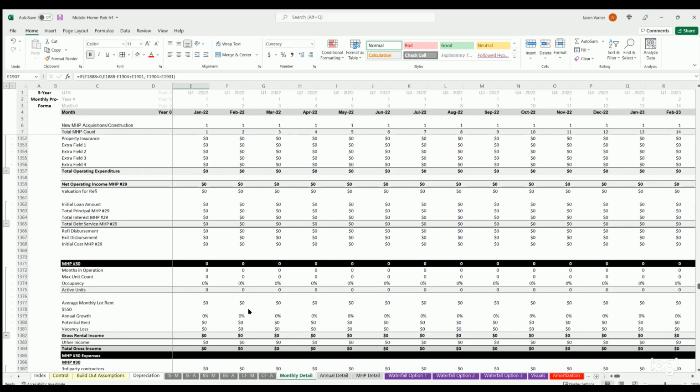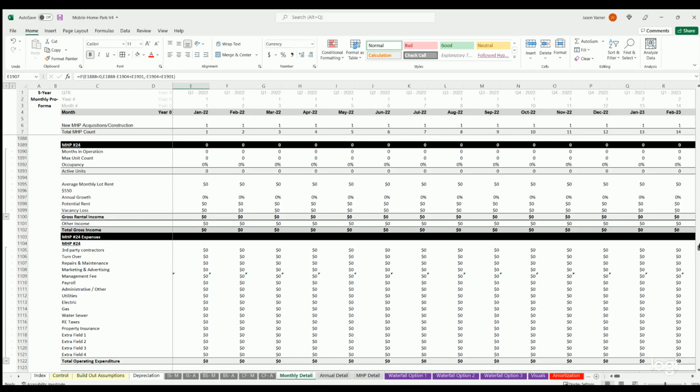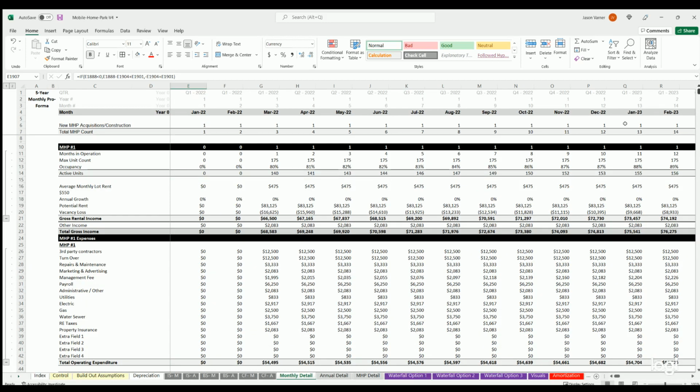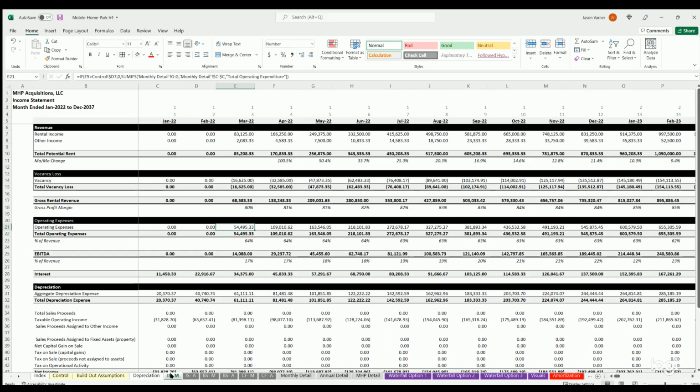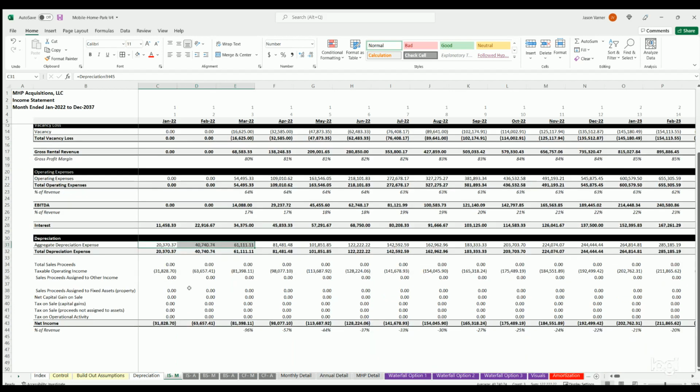All right. Let me scroll back up here, put this back to the top. So income statement is where we OPEX, then we've got operating income or EBITDA, then we've got interest, depreciation expense,